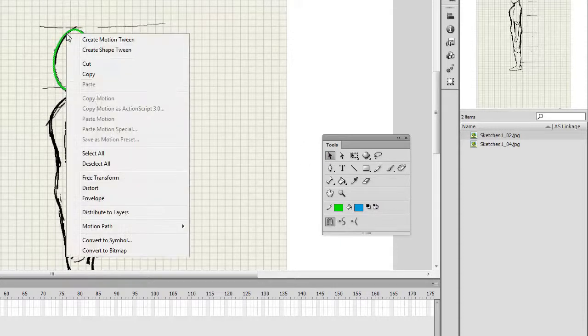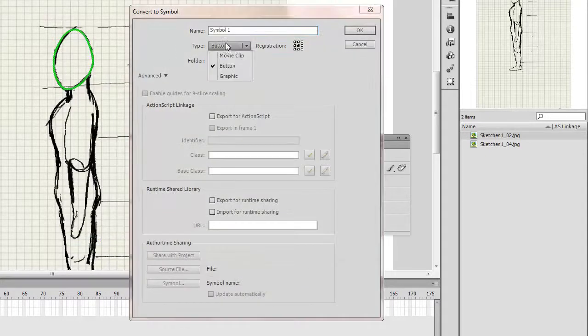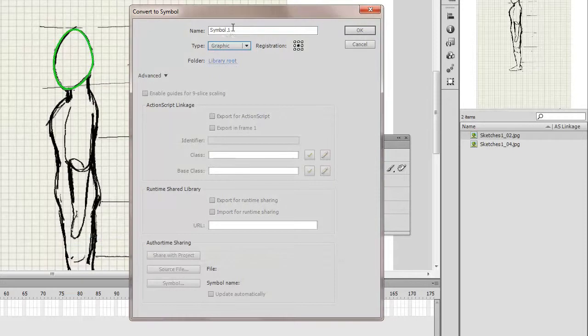I'll double click that and then convert it into a symbol. This is a bit like a container. It allows me to keep different elements of the body separate, which helps in terms of organisation and also in terms of animation, because I'll be able to animate every individual part of the body separately. So I'll convert to a symbol. I'll use the simplest type, which is a graphic, and I'll just call that head 1. Click OK for that,